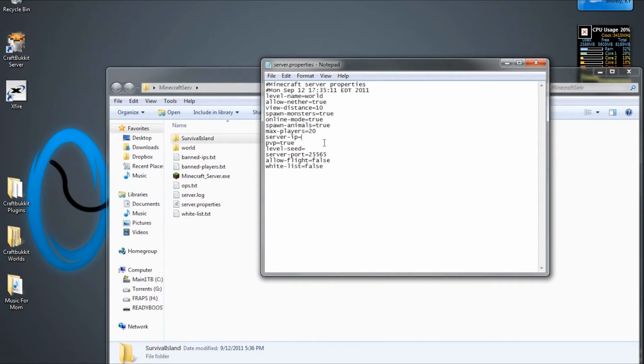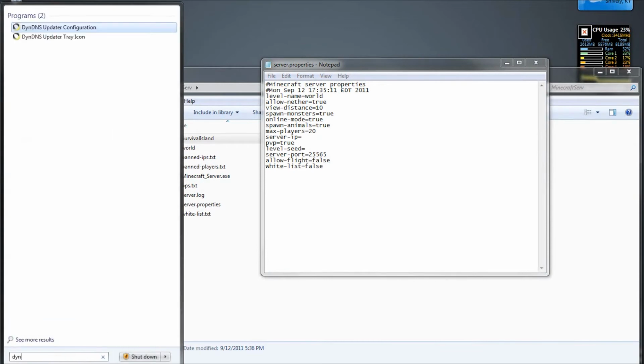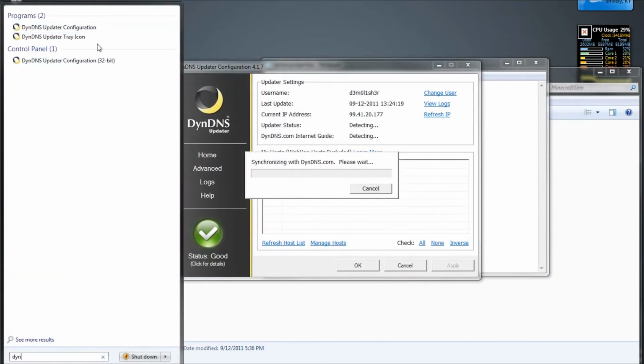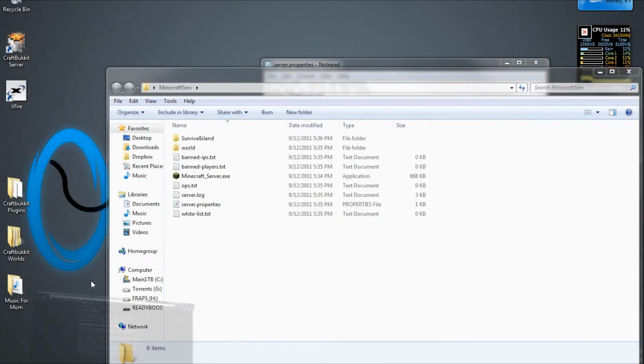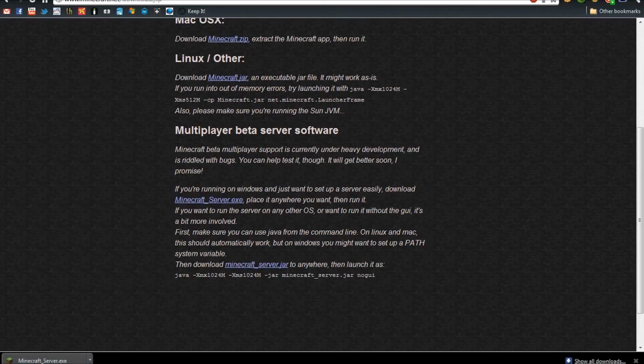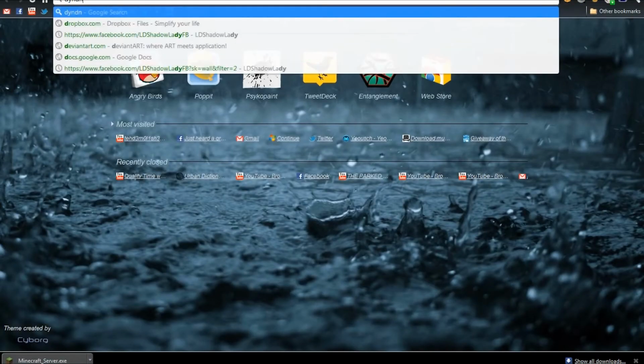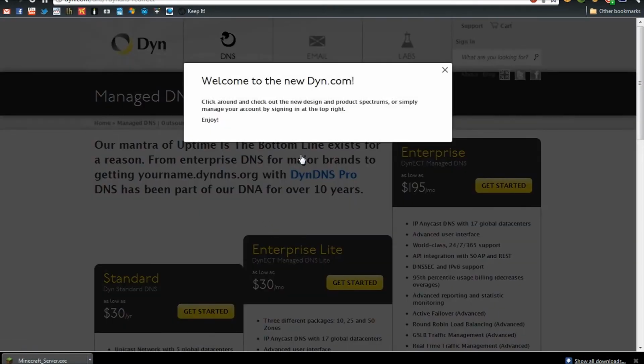Now for me, I have Dyn DNS, which is, let me go on and get this running, actually. Yeah, okay. Ignore all that. Close window. You can get this program from dyndns.org. I'll put the link in the description. And basically, you make a...